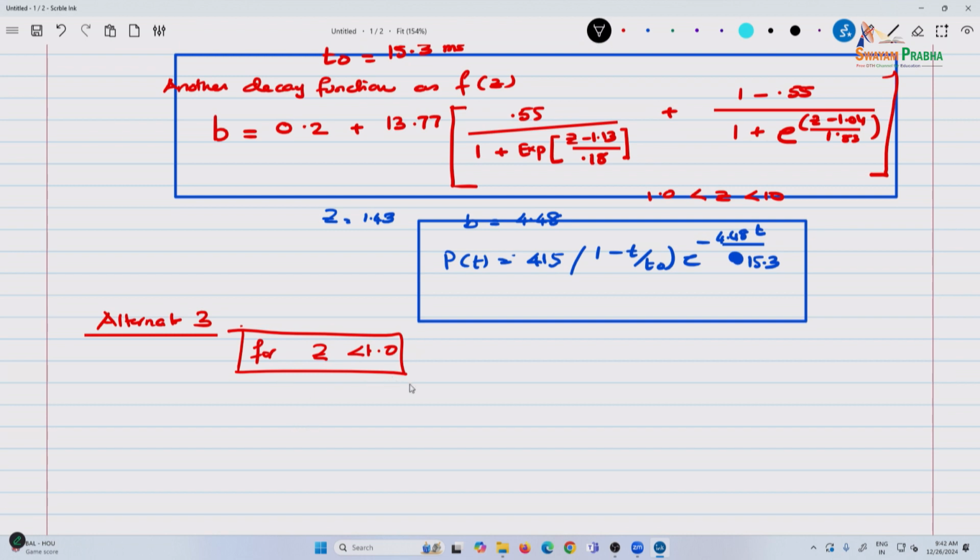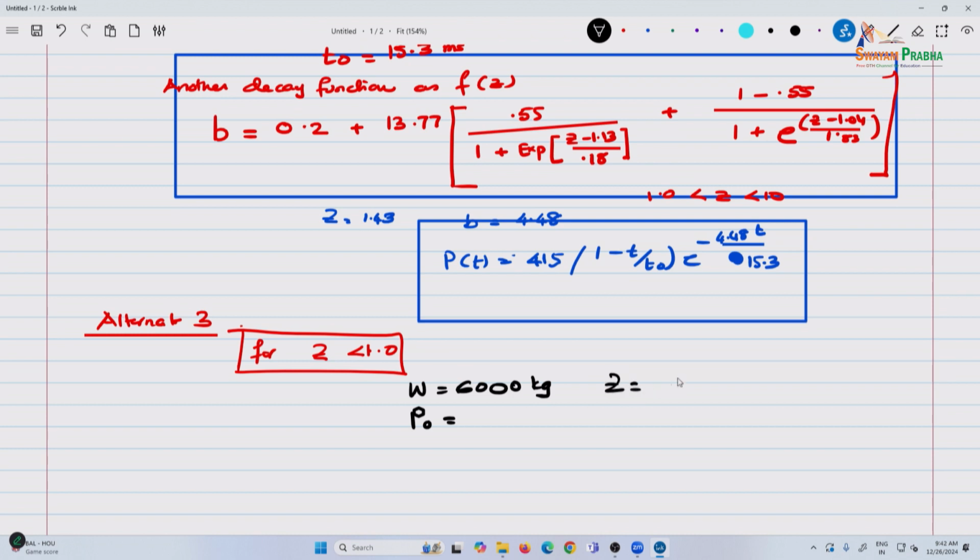I've done this calculation. So assume this is a high case, and P_0 is,